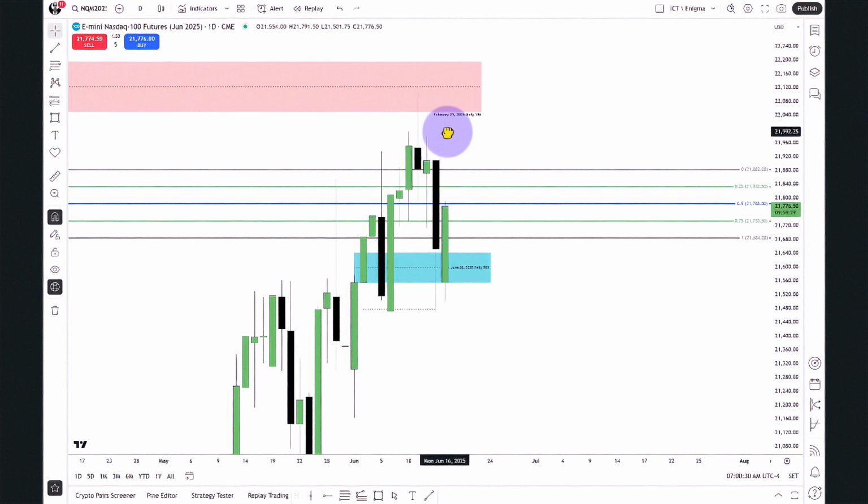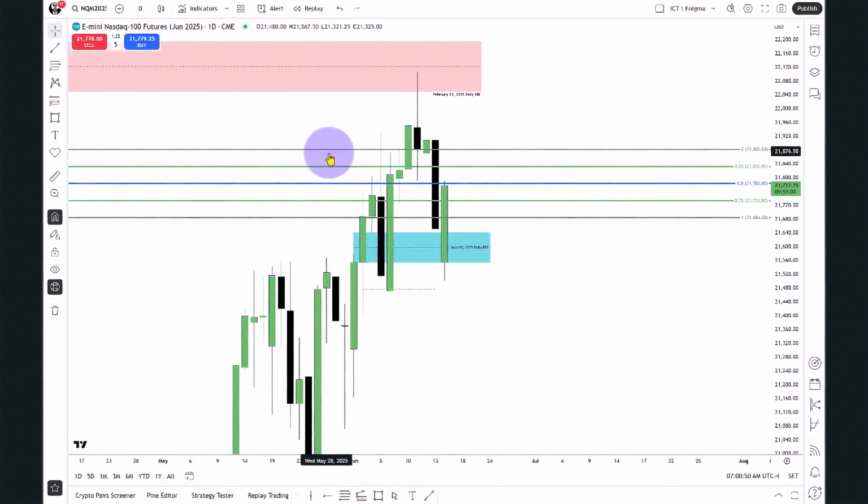Now, what is a troubled market? Well, the way I define it, it's where the market just has an unwillingness to go higher or lower, and it starts sharing the previous candles' or bars' ranges. And that's what we're seeing here. Look at basically all of this price action on this wick.